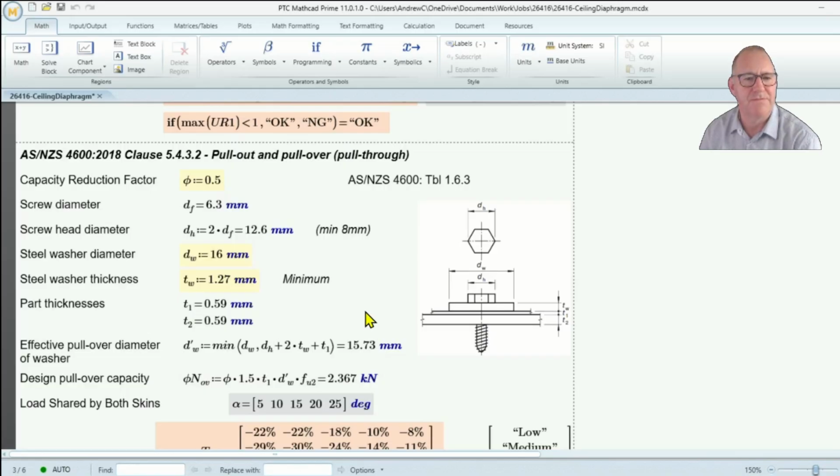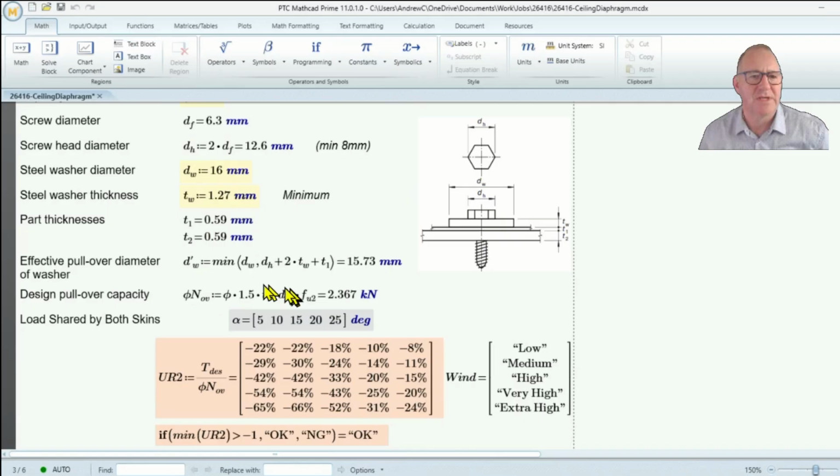Well, it's mainly pull over for this because we're looking at the top fixing. And we've said we've got again, 14 gauge screw, so the diameter is 6.3. Our head diameter, we just made it double the screw diameter. We've allowed a 16 mil diameter washer, and a thickness, we've just taken the minimum. The thickness is T1, T2, we've taken this 0.59. So the pull over diameter effective is going to be 15.73. This is taken from